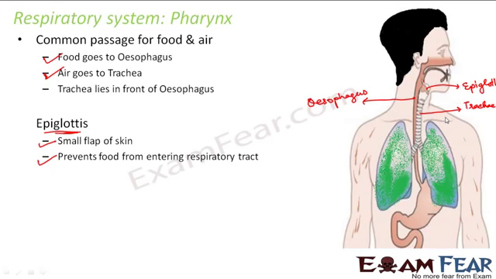Well, now just imagine what would happen if the food enters into the respiratory tract, because this pipe is made in such a way that it can carry air. Now when food particles, that too complex food particles, enter inside it, the tube will get choked and the person will not be able to breathe in and breathe out, because the passage will get blocked.